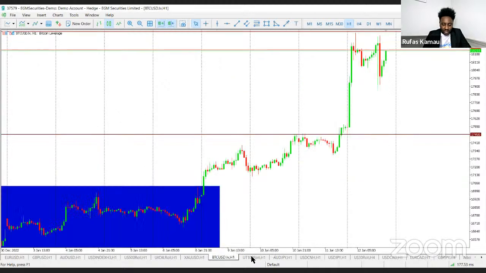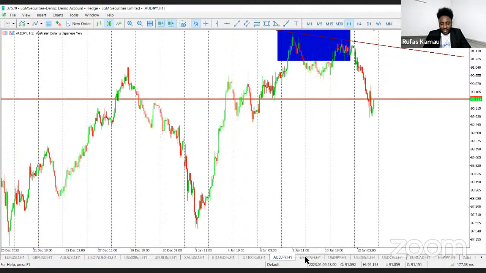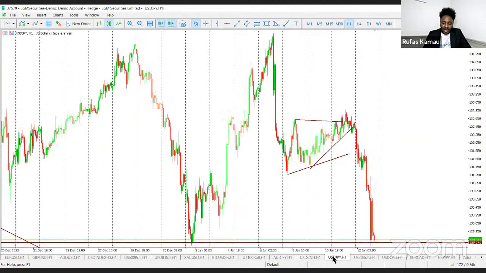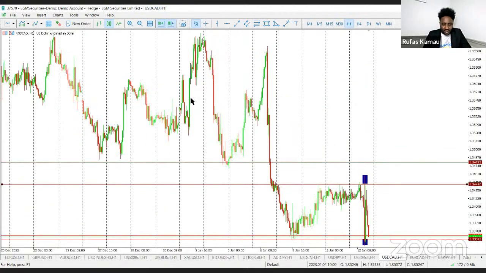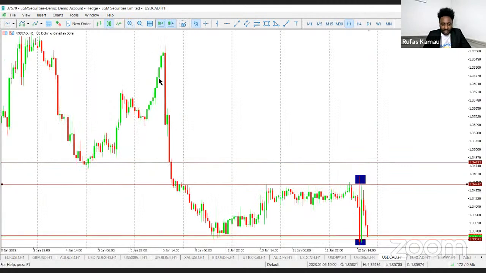So it's very important that you set your stop loss at least some distance from the nearest support or resistance level. I'm just trying to scan my charts quickly. Yes, this is USD CAD. You can see what has been happening. Last week, the market was going down, formed a very strong support here, and then went up. It has been trading sideways for the last 2 days, and then here's what happened. If there are traders going short, let's say on a Tuesday, Wednesday, and Thursday, they're probably setting their stop losses around this area. Today, before the market went down, it went all the way up, triggered the stop losses, and then dropped all the way down to this area.